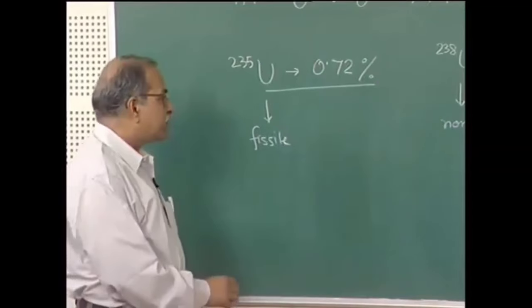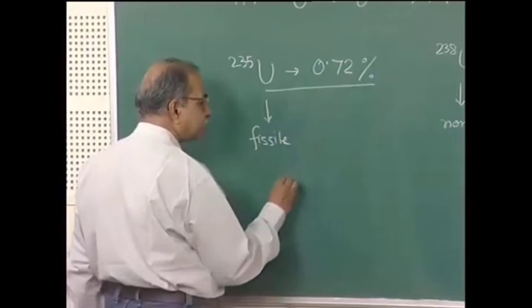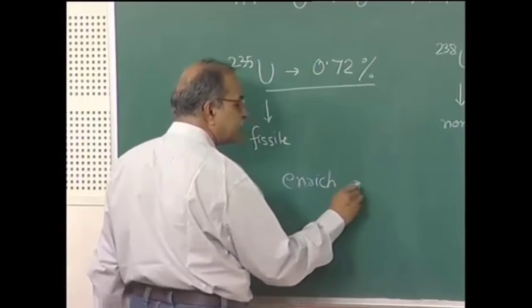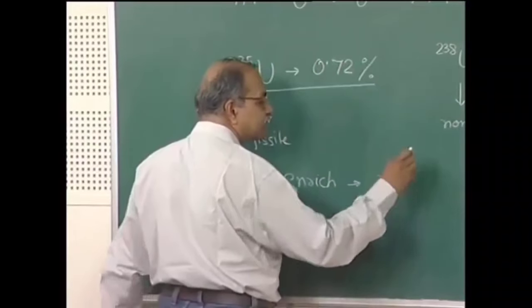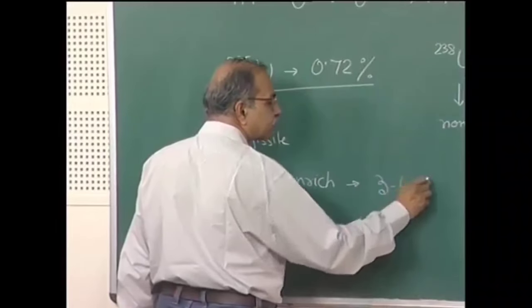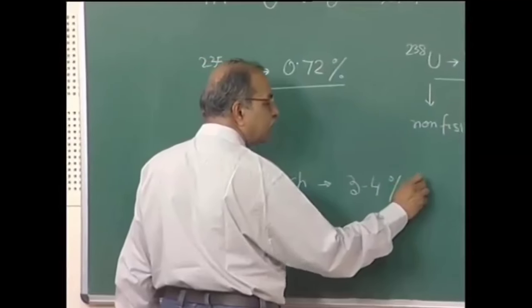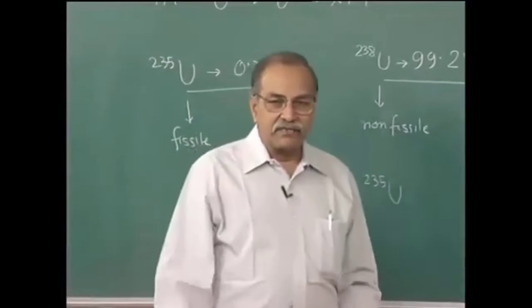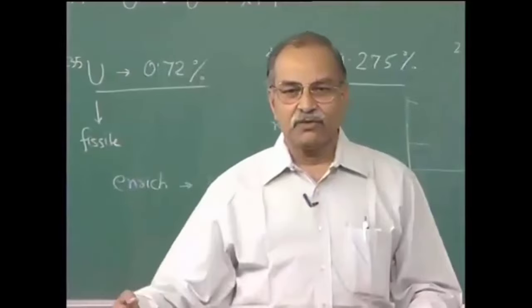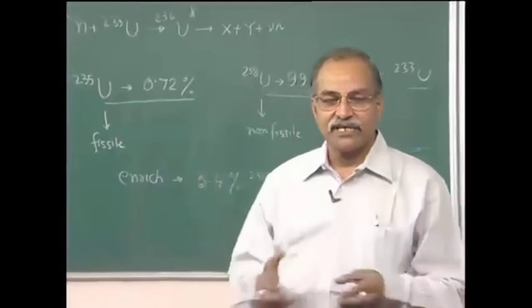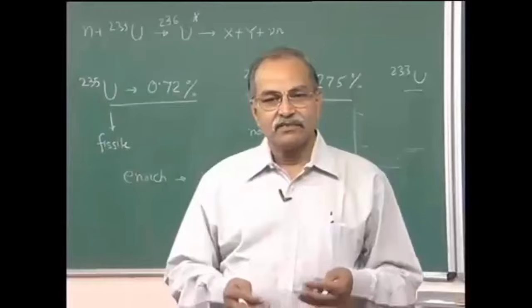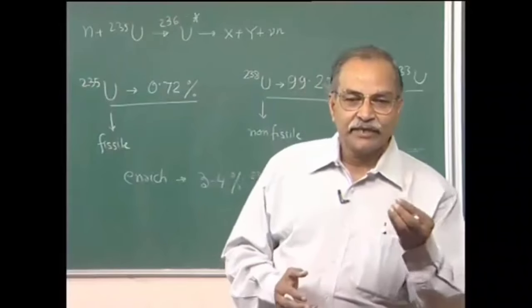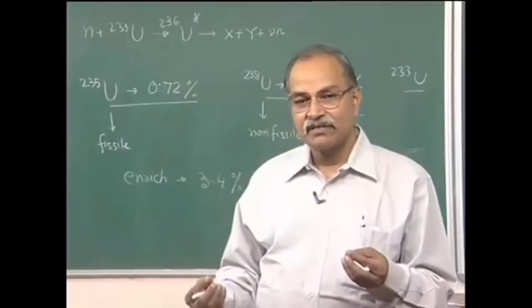So, normally what do people do? People enrich it. And generally it is enriched to something like 3%, or 3 to 4%, in uranium 235. And how is that enriching done? Once you have separated out from the ore that uranium compound which has uranium in the form of uranium 235 and uranium 238,